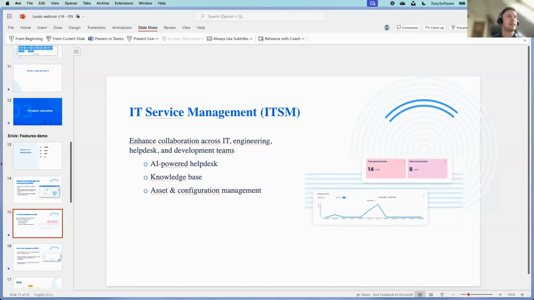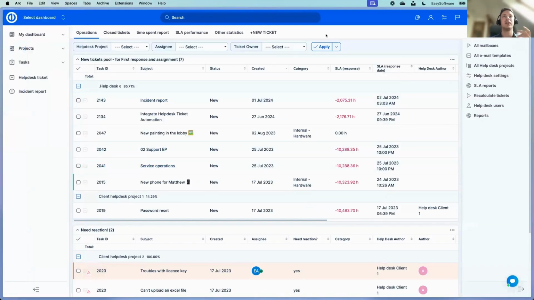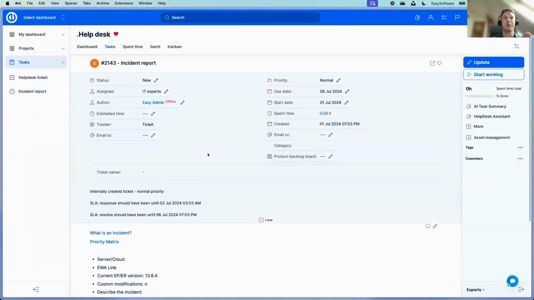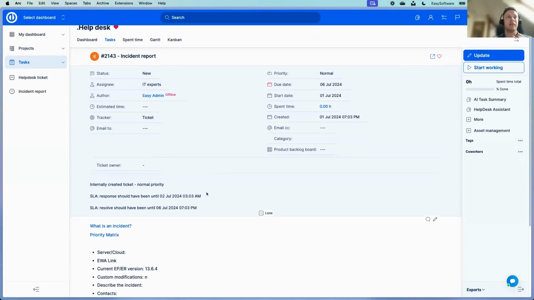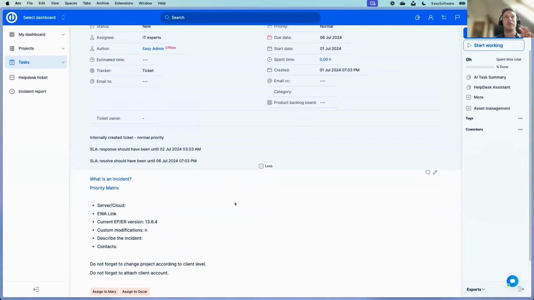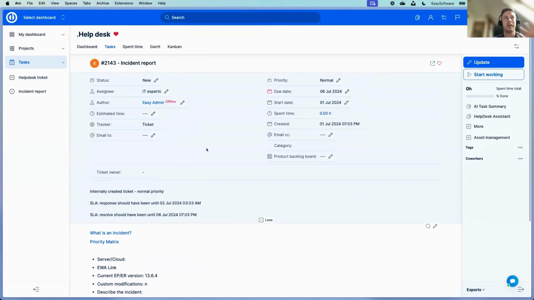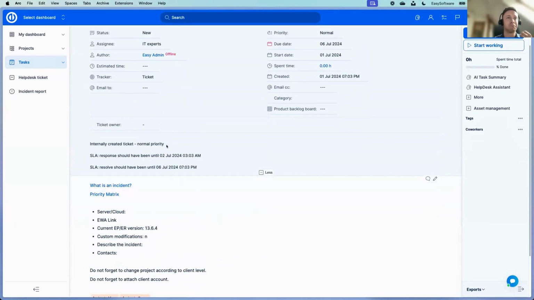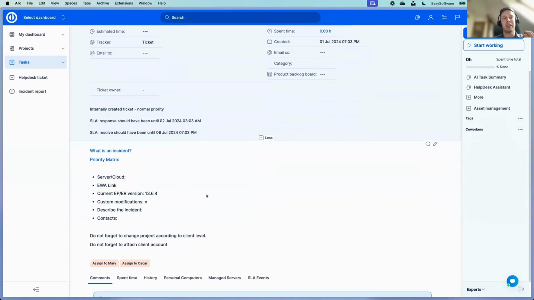Okay, let's show the help desk. So coming to the help desk, again, dashboard, which can be fully customized any way you like. But if we go into one of the tickets, you will see a bit more. So we're back in the issue entity, the task. This is type ticket. And the main features here would be that once you get the ticket, there is a certain description. There's an attachment from usually some issue from a client that's showing you something somewhere,